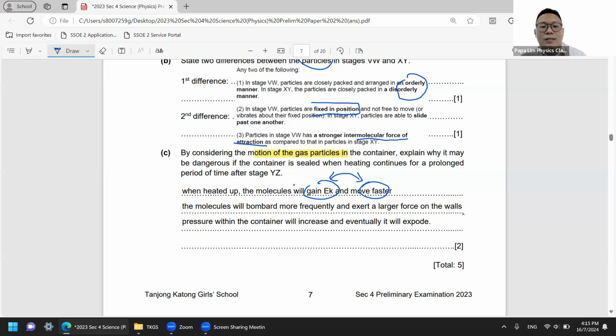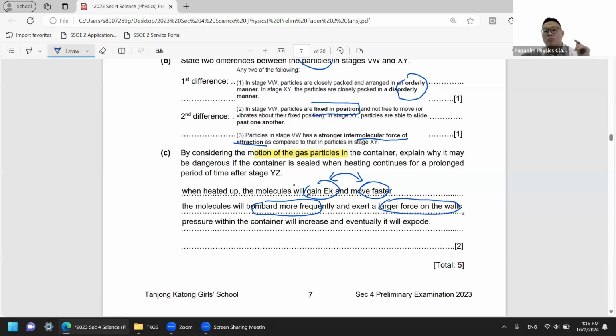And when they move faster, what is the next outcome? It will be bombardment. The particles will collide more frequently, more often. So you actually see more collisions. It's like step by step. I gain energy, I move faster. When I move faster, I collide more often. And when I collide more often, because of the increase in the number of collisions, the force exerted on the